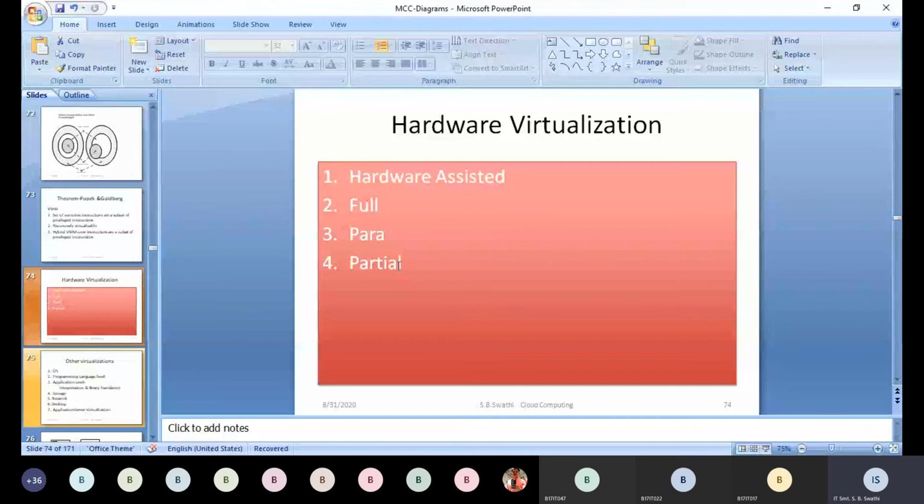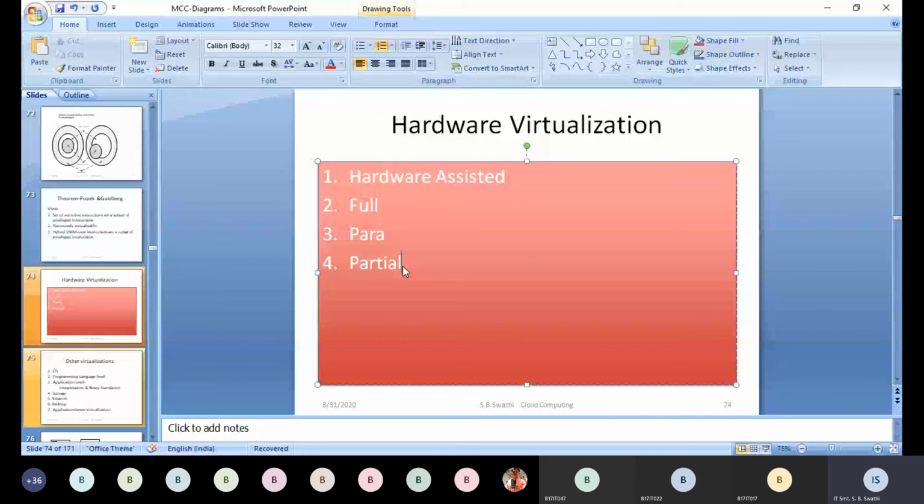Then the last one we have is partial virtualization. Under this, we are going to use only a few features of operating systems. All the features of operating systems are not used. When the VMM tries to access the hardware resources in a type 2 hypervisor, we have this OS level where the OS is a mediator between the VMM and hardware.